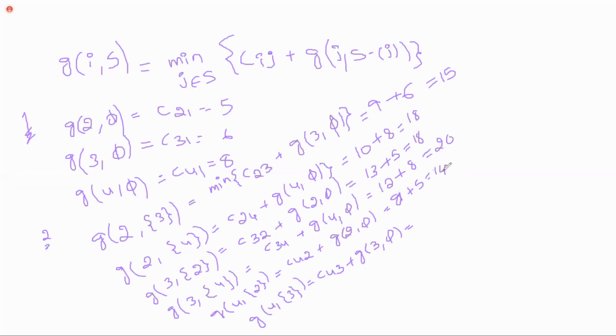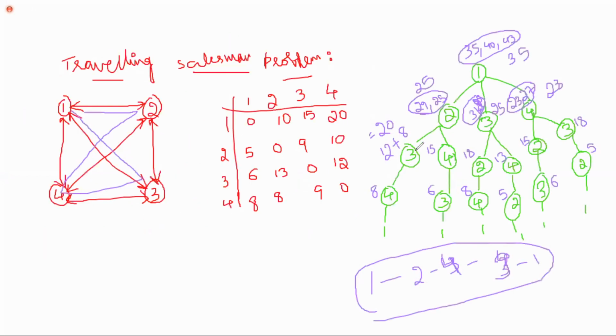Will be 8, 30 is the cost, which is 13. Now it is 9. 9 plus 9, 6. 6, which is equal to 3. Am I clear with this? See here, no more element to visit. Directly I am visiting the source. Next, one step before. One step before means here you are.